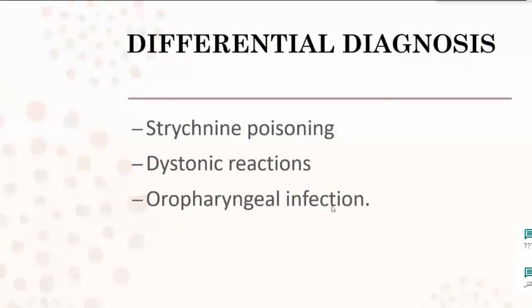Oropharyngeal infection, for example, dental abscess may cause شنو trismus عادة. مريض يجيكم ما يقدر يفتح حلقه. He could not open his mouth. So oropharyngeal infection also, it will be apparent. يعني fever, infection, tenderness on the site of examination. It will be apparent from the history and examination. So keep in your mind the differential diagnosis of tetanus.